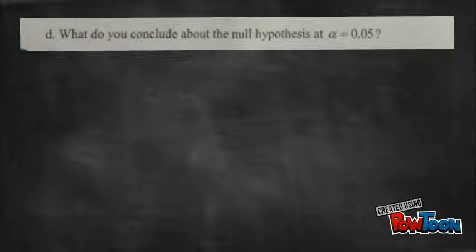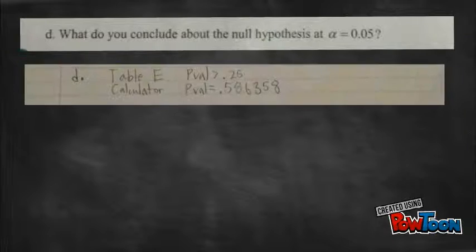D. What do you conclude about the null hypothesis at alpha equals 0.05? Well, to conclude anything, we will need to compare this alpha to a p-value. We have 2 ways of doing this. 1. Looking at table E using our chi-squared of 1.93 repeating at 3 degrees of freedom, we find it's greater than 0.25, and the calculator shows it's equal to exactly